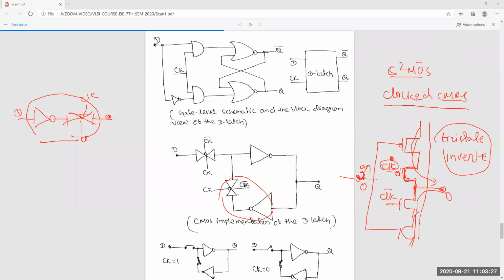What I said here, suppose in this case D is equal to 1. If clock is equal to 0 and clock bar is equal to 1, then 0 will come here.